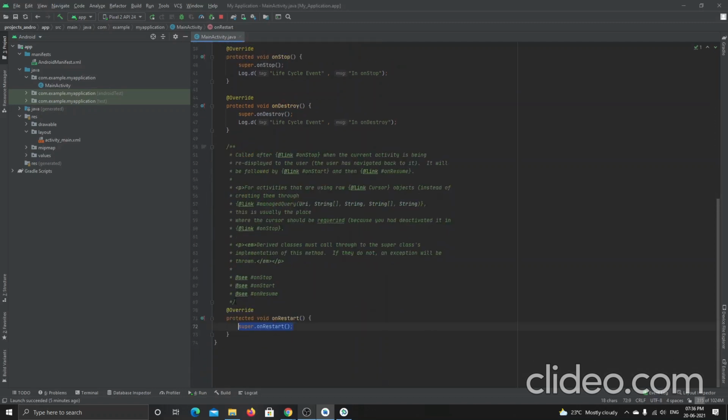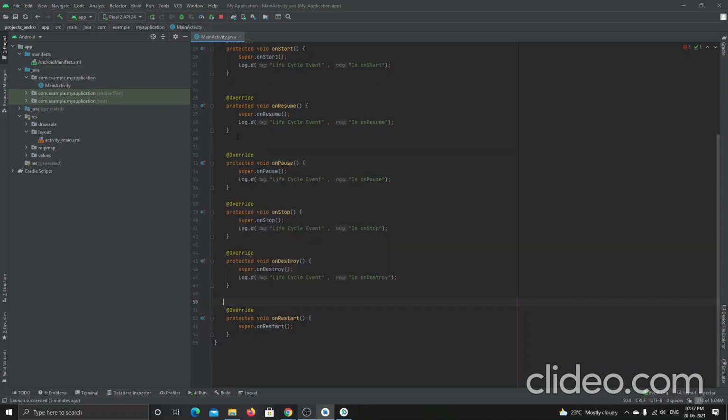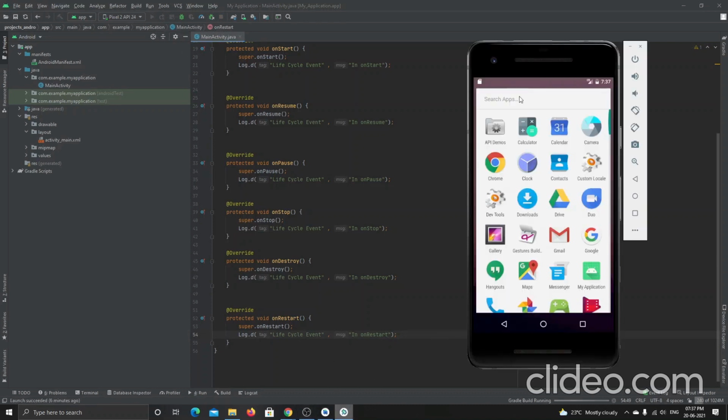We'll repaste this Log.d and give the message that it is in the on restart method. Okay, let me run this app again.